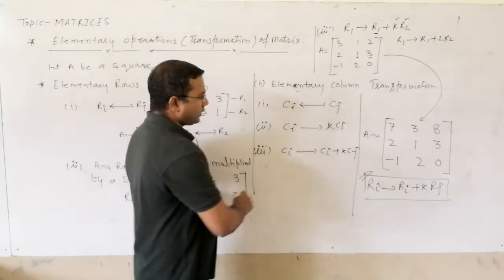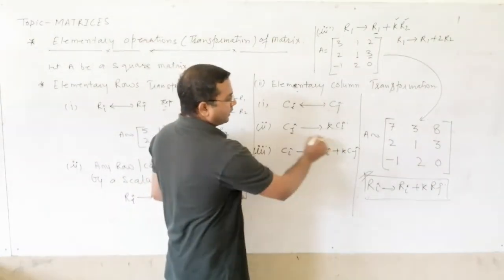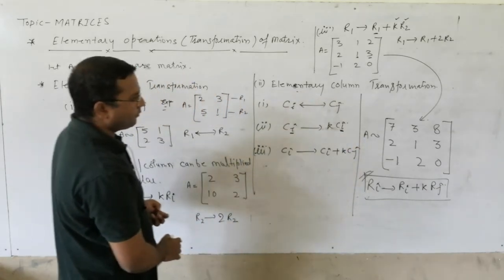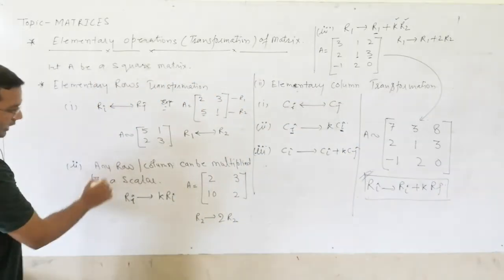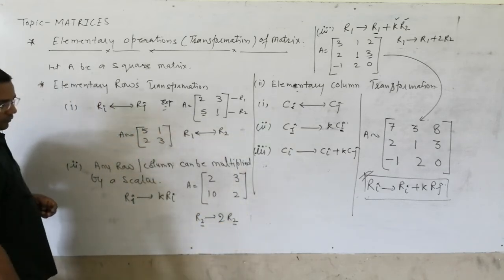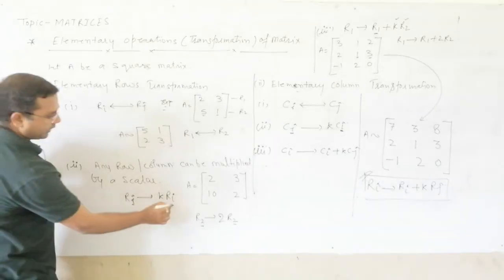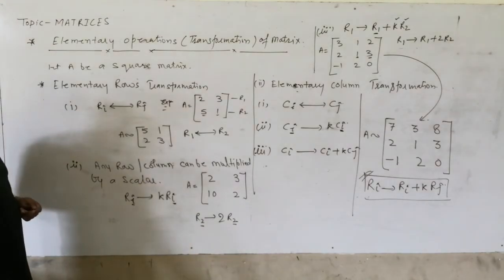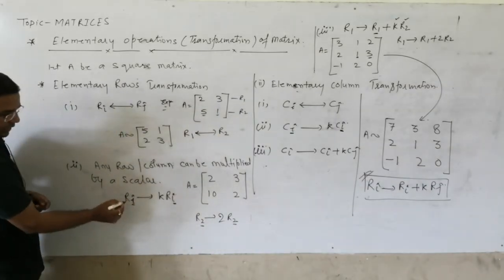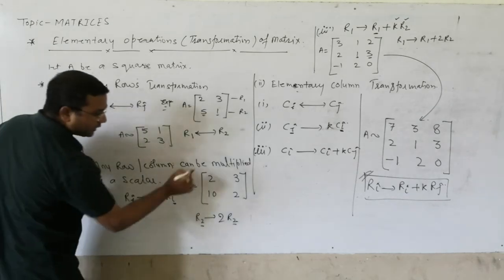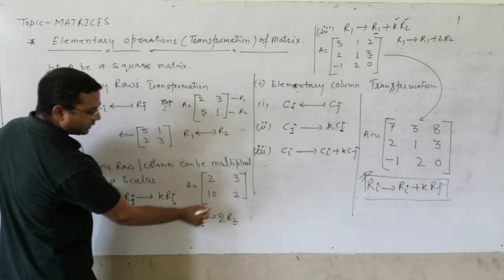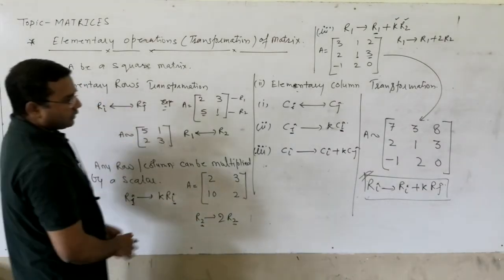So whichever row or column you want to use, you write the number of that row or column. Like here I have written R2, and I is written symbolically. When applying it, we will not write Ri; we will write the exact value of the row. If it is the second row, then R2. If it is the third row, then R3.